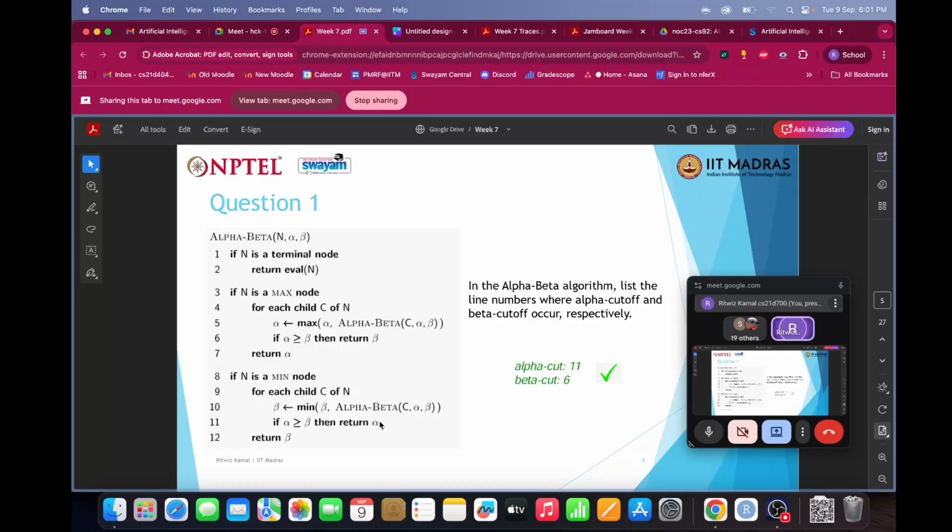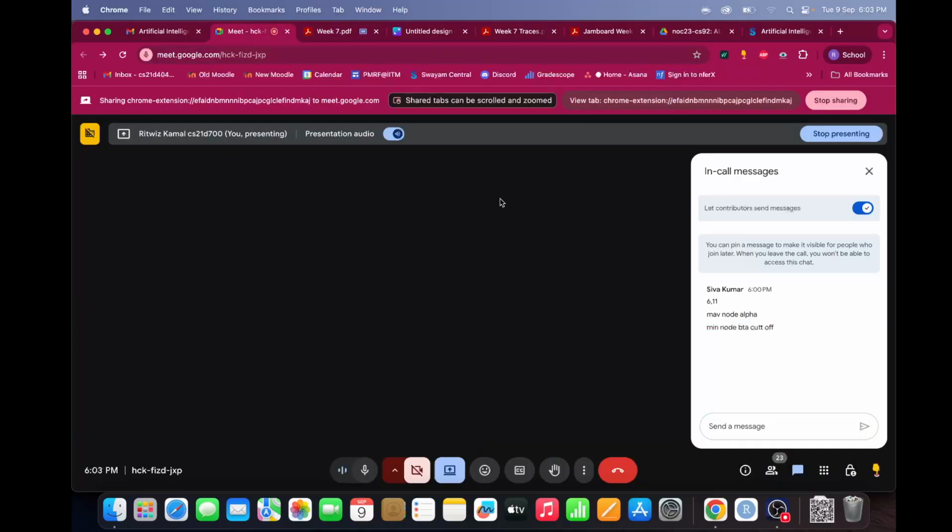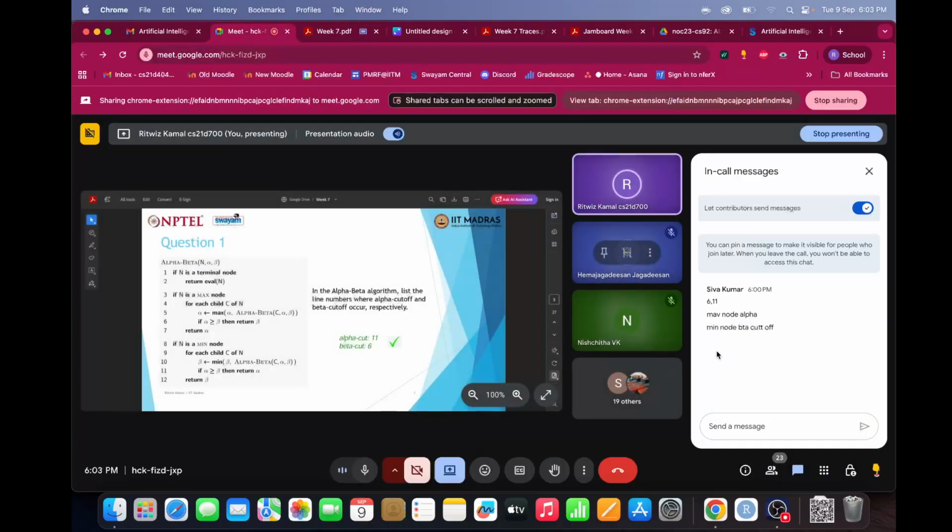So the alpha cutoff happens here when we are dealing with a min node. Whenever this condition is reached where alpha is greater than or equal to beta, we return alpha and say that this is an alpha cut. And whenever we are inspecting a max node and reach a situation where alpha is greater than or equal to beta, we return beta and say that it is a beta cut. In any other case, for a max node we return the alpha value, and similarly for a min node, in any other case where the alpha greater than or equal to beta condition is not satisfied, we return the beta value. This is slightly confusing terminology of the alpha-beta algorithm, but I hope that clarifies it